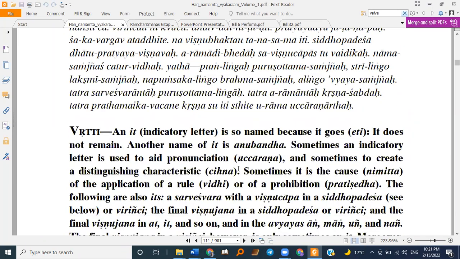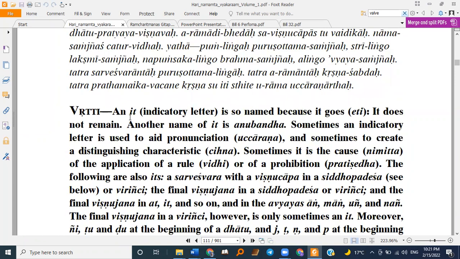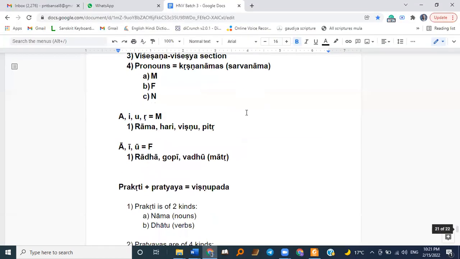Now what does that mean? Those letters in the brackets, the indicatory letters, in Sanskrit are known as it. It is not the English 'it', it is the Sanskrit it. The indicatory letter is so named because it goes, eti. It does not remain. So while we do declension, for example,